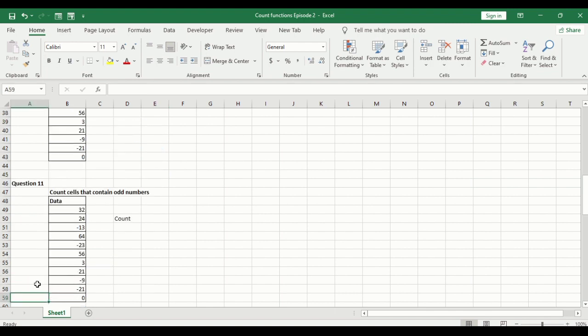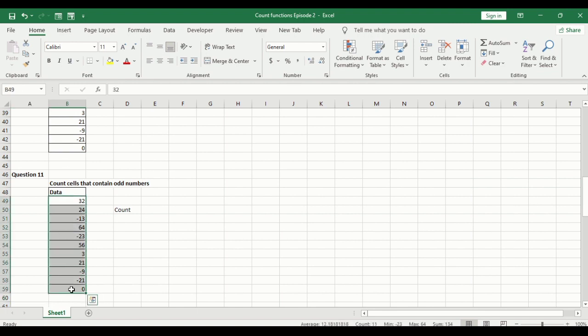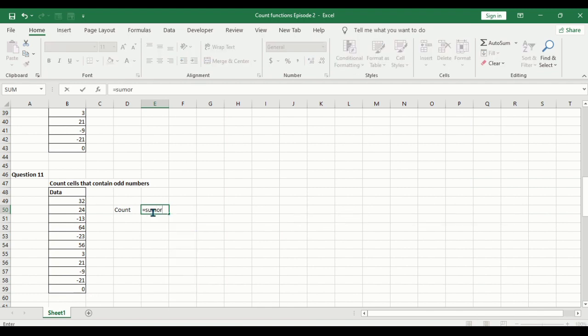Now let's move to question 11. It said count cells that contain odd numbers. So that means in this range, we want to write a formula that will give us the total number of odd numbers in this range. How do we do that using Excel? It's also simple. All we have to do is write the formula, which is equal sign, SUMPRODUCT,